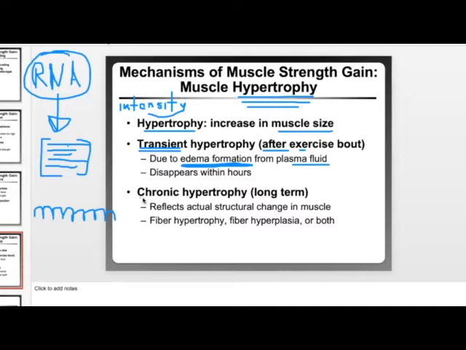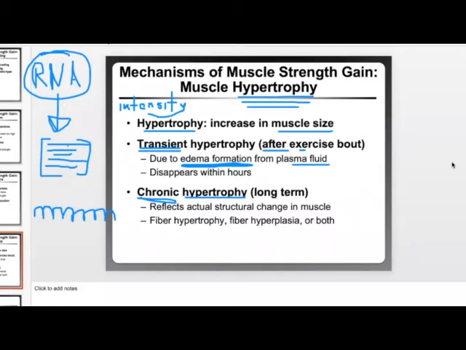But chronic hypertrophy, this long-term muscle growth, is something that I'm trying to manipulate and make happen. So I follow all of the ACSM guidelines, and what happens at the end of those 12 weeks is, guess what? Muscle growth. And then the parents are like, wow, isn't this amazing? I'm so happy that the strength and conditioning program is effective. It seems to work. And I'm not surprised by it.